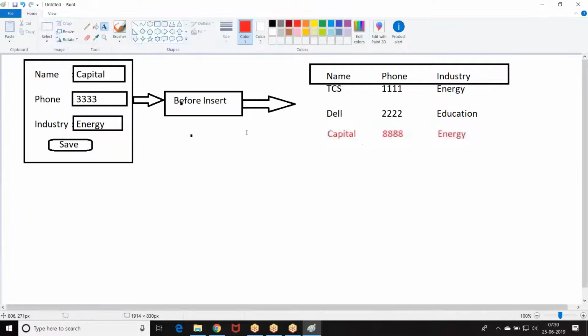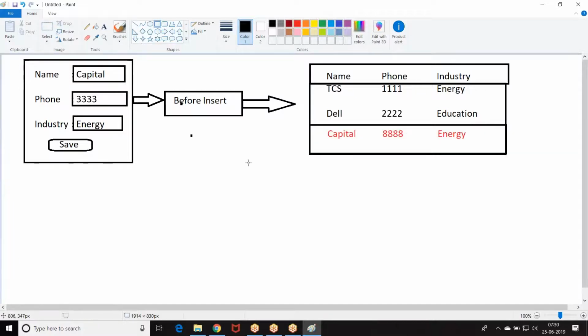Now why? There are some changes which are done by the before insert trigger. After you made an attempt to save the data, before insert trigger fired, then finally what is the data that is inserted? Capital 8888 energy. Now the list of new records which are inserted, records are saved to database.